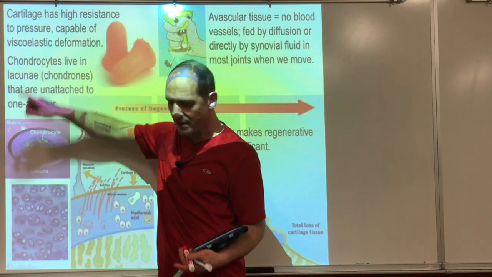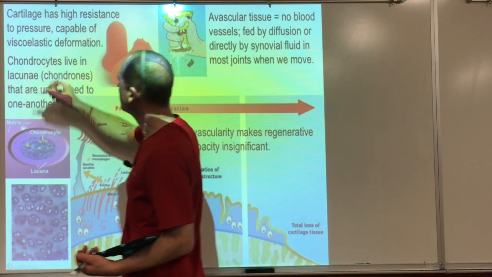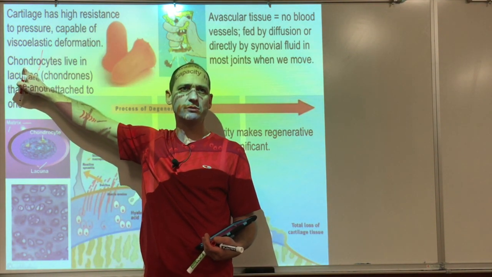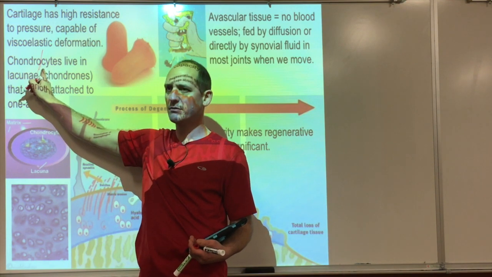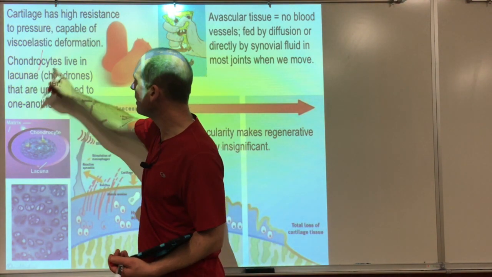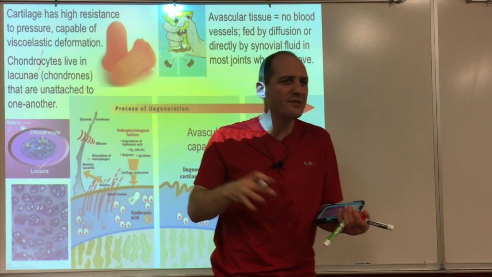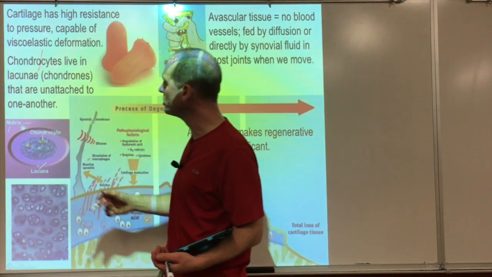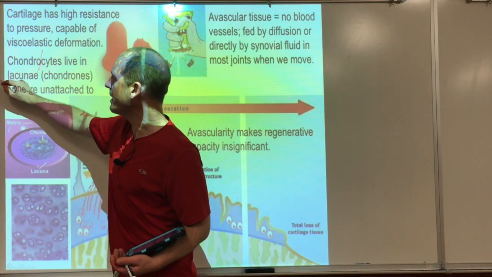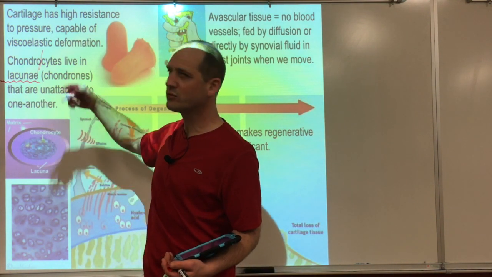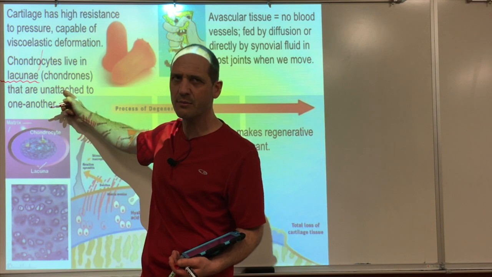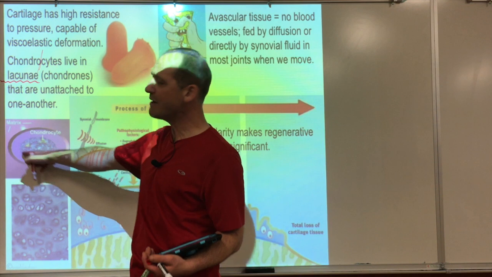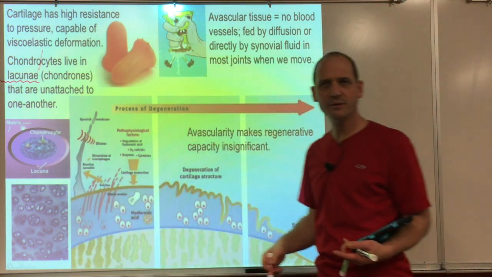We have cells that live in cartilage. They're called chondrocytes. Chondro means cartilage. Anything chondro, cartilage. Cytes means cell. They live in the cartilage. The cartilage is very dense material though, so the cells can't really move freely around, so they make little houses, and they call those lacunae, or also chondro. I haven't heard chondros in a long time. Lacunae is the word I always hear. So that's a little house. A lacuna is a little house for a cartilage